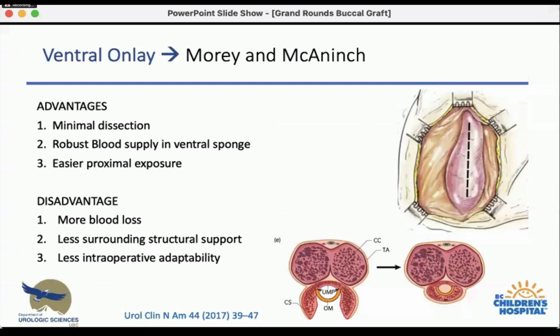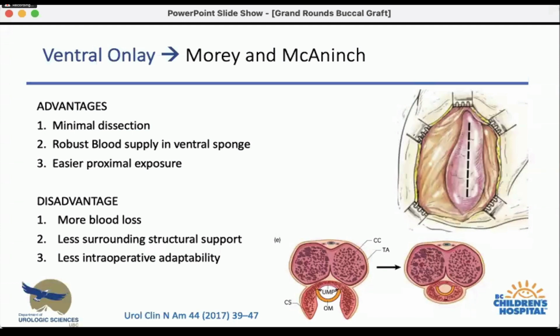So the ventral onlay was initially described by Dr. Morey and Dr. McAninch from UCSF. It involves a perineal incision. It follows with a midline incision over the bulbospongiosus, as you see in the diagram. Once the stricture is located, a midline sagittal incision is made through the ventral spongiosum, and then the graft is sewn directly to the edges of the urethrotomy. The outer adventitia, you can see in these lower diagrams, of the corpus spongiosum is then closed